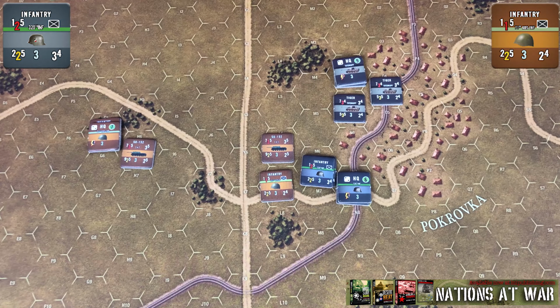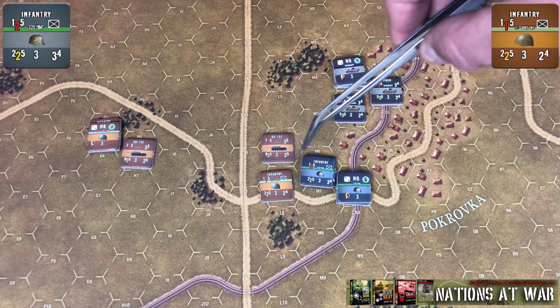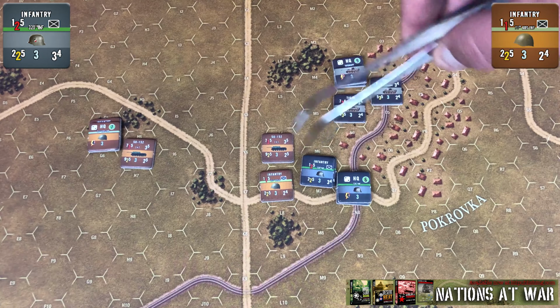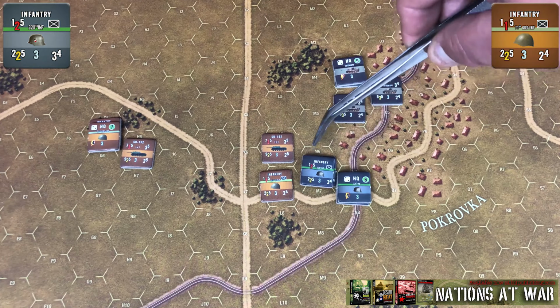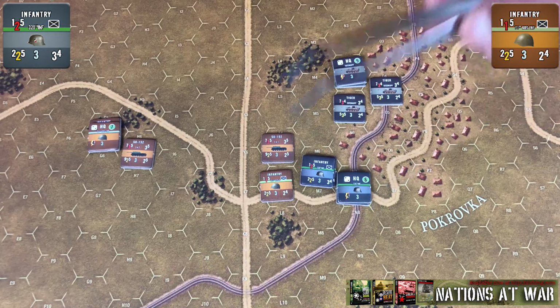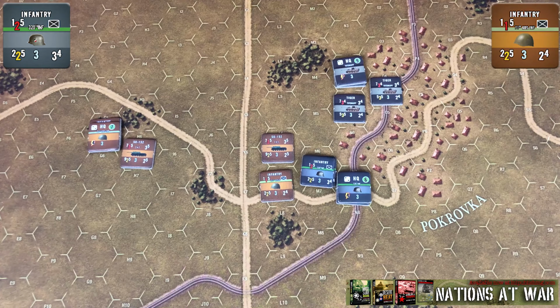Now, when you're resolving your hits, the hits must be spread out as evenly as possible between the units involved. So let's say there were 2 hits scored from our Russian infantry into our German infantry here. They would each have to take one of the hits versus one of the infantry taking both of them. You resolve them as evenly as possible, and if you have any remainders, just roll a die and determine randomly